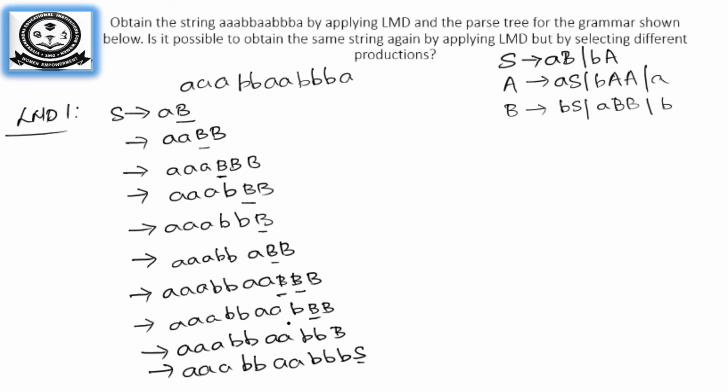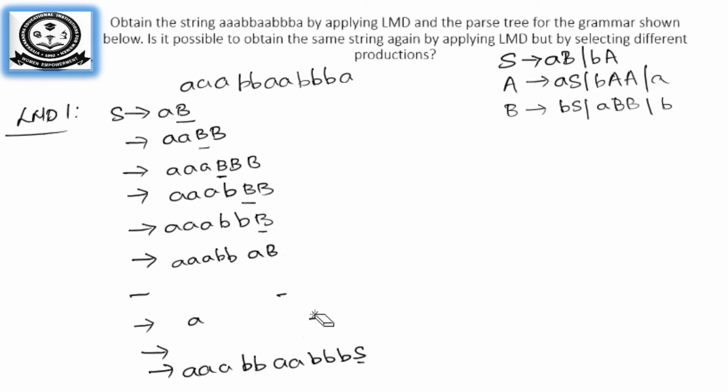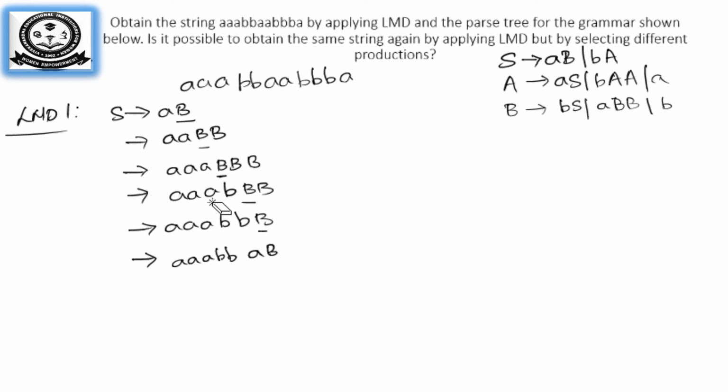BB. Somewhere we made a mistake, so we'll correct it. This is wrong. So BB A again. So ABB. Okay, BB. So then we'll substitute ABB over here. Then we'll substitute triple A, double B, AB,